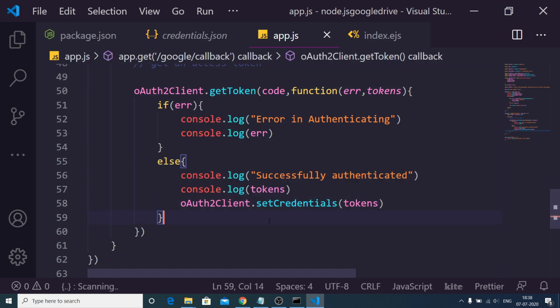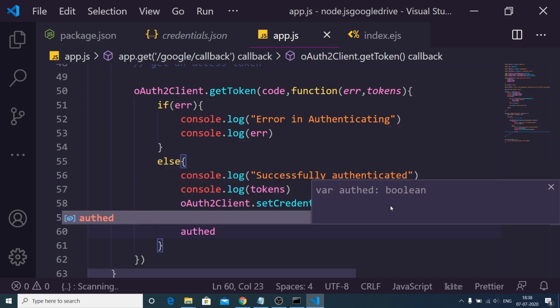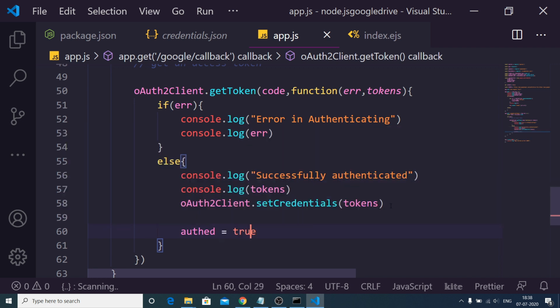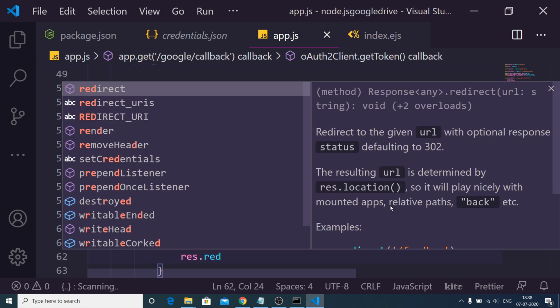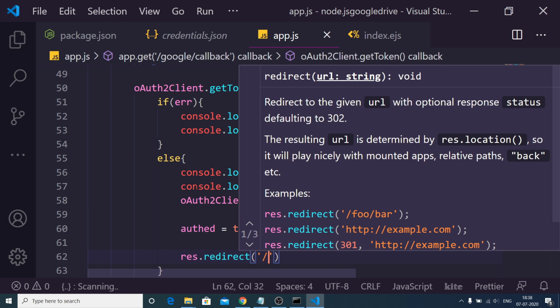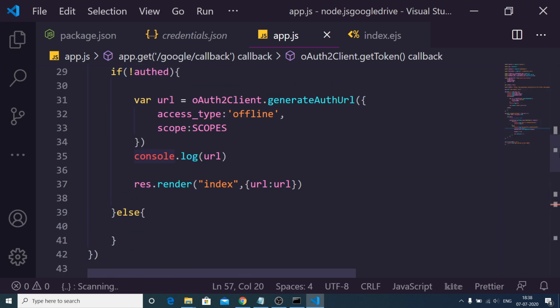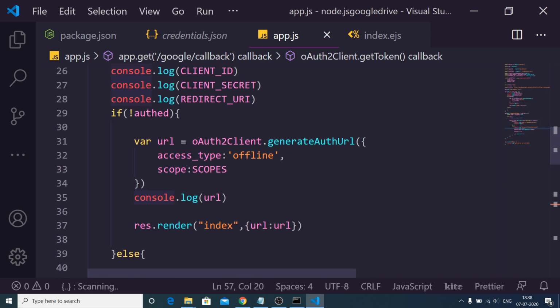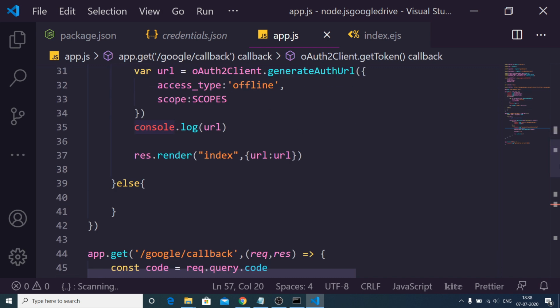So this line is very important. You need to set the credentials before proceeding on, and we can also make this auth variable true, and then we can redirect the user back with response.redirect to the home page. So this time this if condition will evaluate to false because this will become true. In that case, this if block will not execute, and the else block will execute.